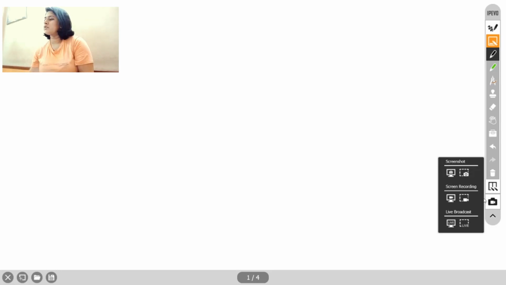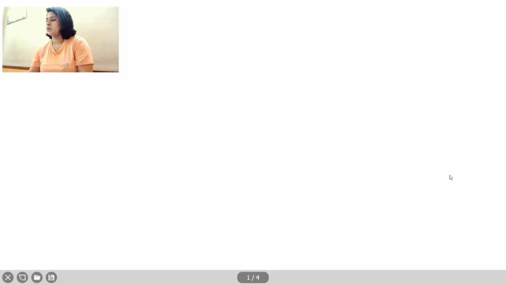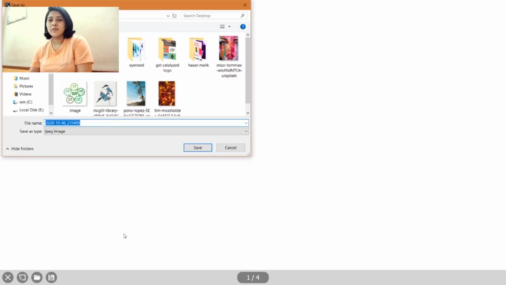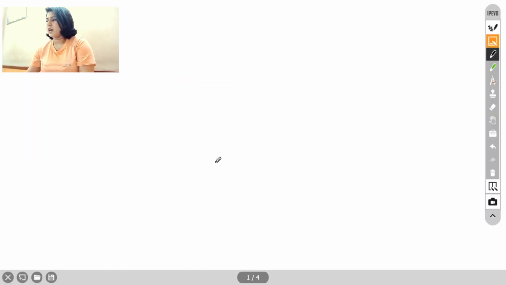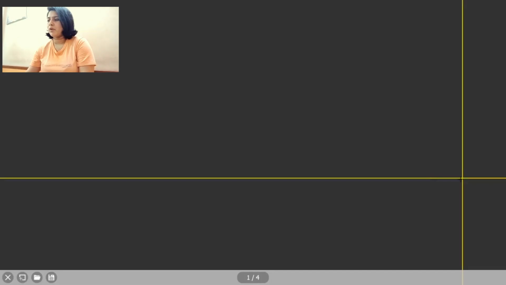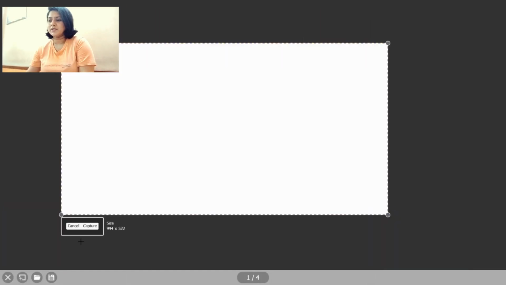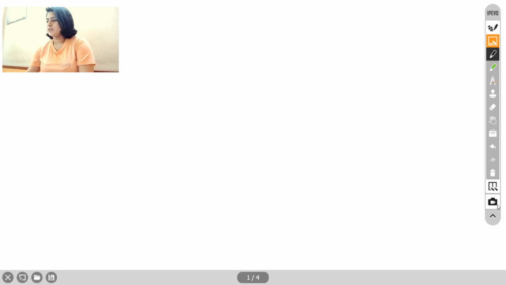So yeah, screenshot option, you can just go like this and you get an option to save your screen. So if you did something in class, or you've added something to your class today, and you've written something on this whiteboard, a very important thing, you can just save that screen for future reference, or for lesson planning. You can just pick up the location, let's save it on desktop and just save. Yeah, we did it. So yeah, you can just clip off a specific part of your screen and just capture it and then save it. So these kinds of features.